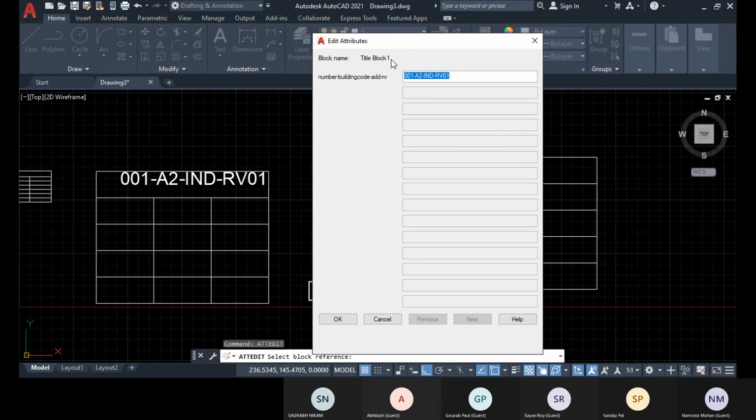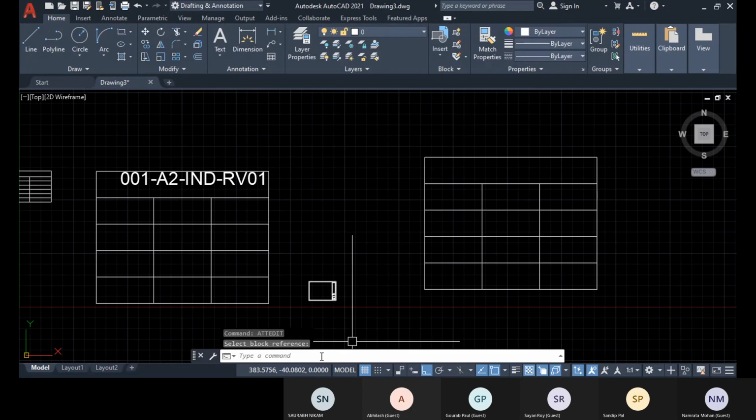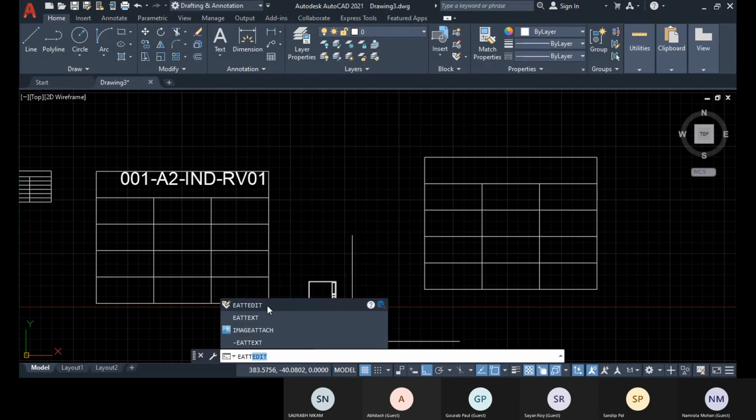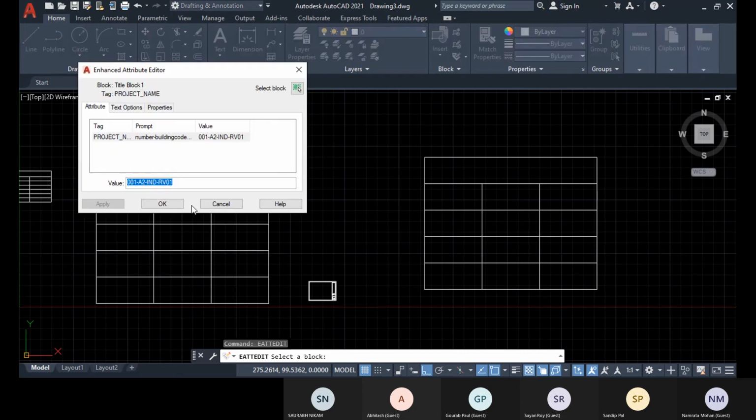If you want to change other values like text options, or properties like color and line type, for that we have the enhanced attribute edit command, EATTEDIT. You select this block attribute, and there you go to the text option and properties; all the information related to your block attribute you will get from this enhanced attribute editor.